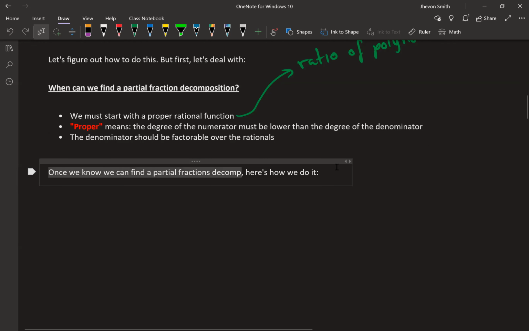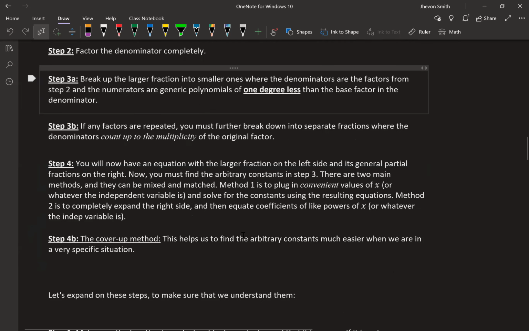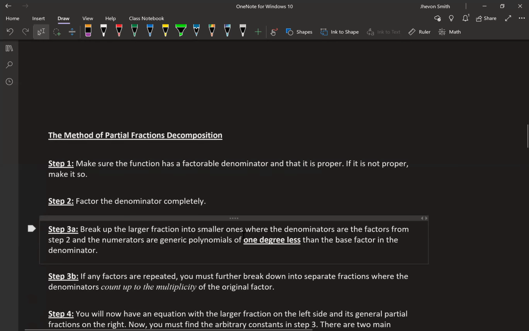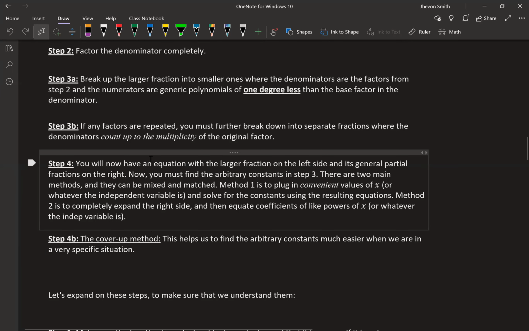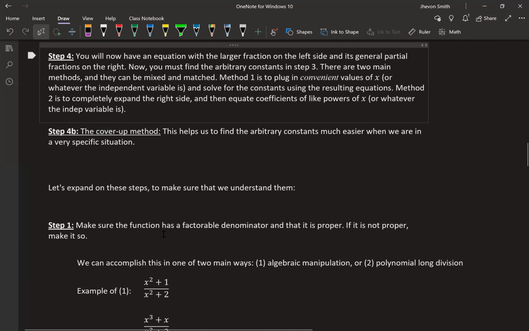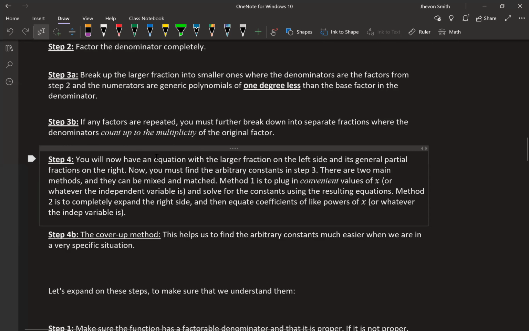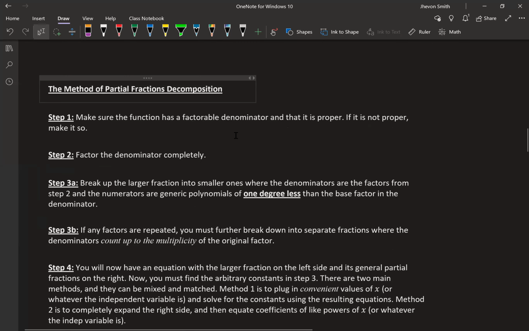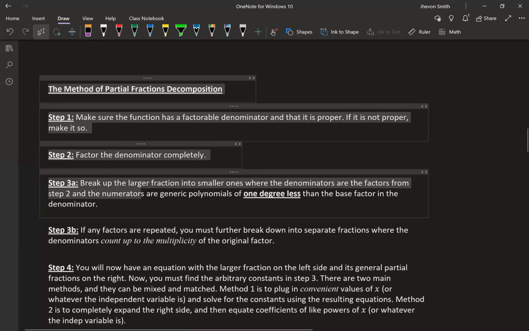So now, once we know we can actually do it, how do we do it? Here's how we do it. Okay, so this is the method of partial fractions decomposition. So this is the method at a glance. These are all steps here, but I do go in and I expand on the steps later on. So here is the method of